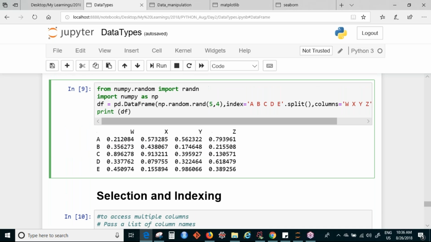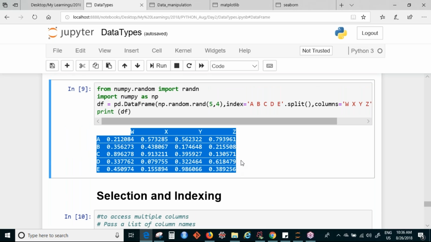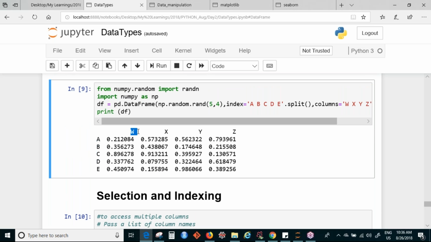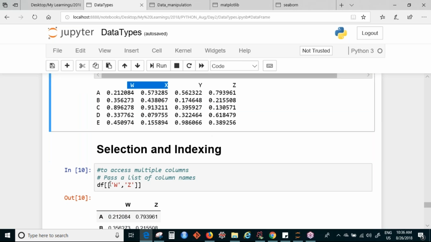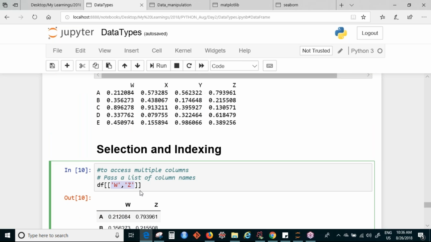So this is our data frame. I have this as my data frame. I want to access multiple rows. I want to access, let's say, W and Z, both of them, not the others, only these two. So what will I do? I will just write W and Z, or whichever columns I want to access. I will pass that as a list. So here I will have to use double square brackets because I'm trying to access multiple columns. Okay. So if I run this,